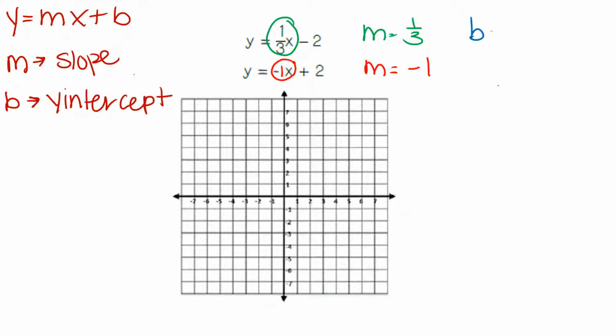In the first equation, we have a -2. We do take that minus sign to represent a -2. And in the second equation, we have a +2. Now, when it comes to graphing the equations, starting with the first equation, we graph the b value first, -2,